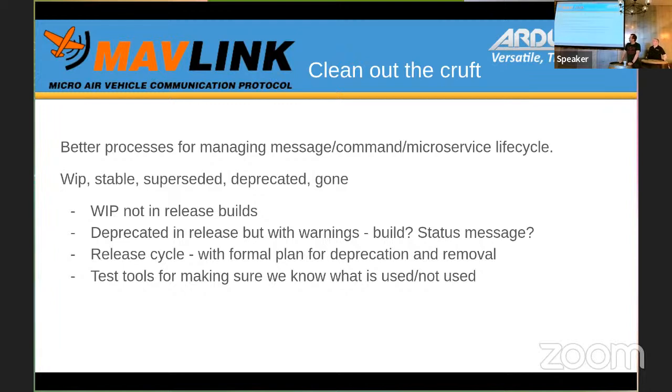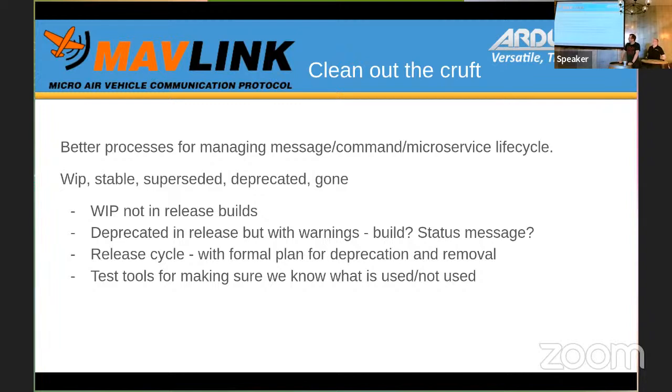Then superseded we'll keep, but deprecated really means deprecated. And that means that we have an intent to remove. Again, it doesn't have to be next year, it doesn't have to be next release. And lastly, it's gone. Now, the only way I can see this working is that we actually have releases. And we give people plenty of notice what's going to happen. And those releases happen quite regularly, and they might say it's 2 years, 4 years before this is going out, but there is a plan to remove this.